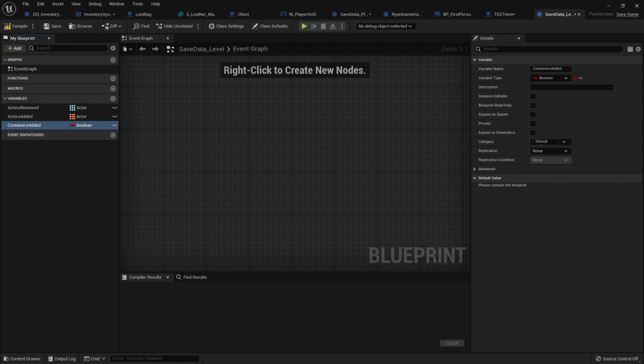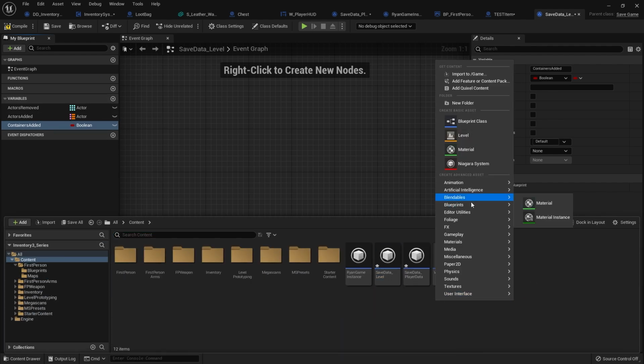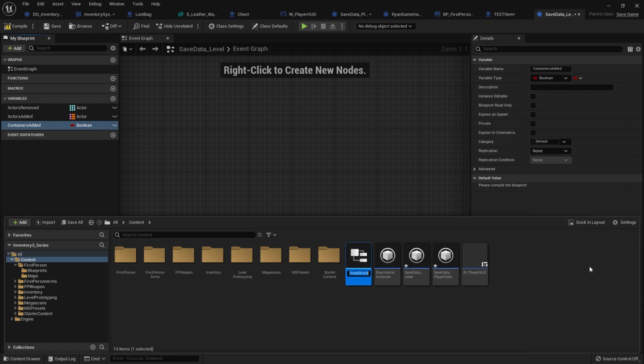Now, something like that is a bit more complex because the contents is an array, and we can't do a map like we've done here because we can't have an array as a value. So what we need to do is create a struct for this. So we're going to create a new blueprint struct. Go F container struct,